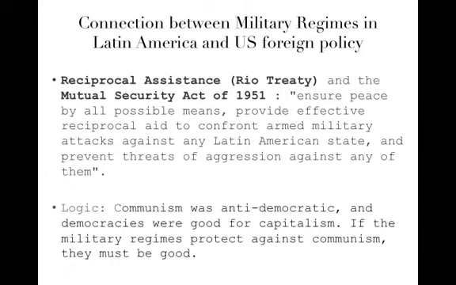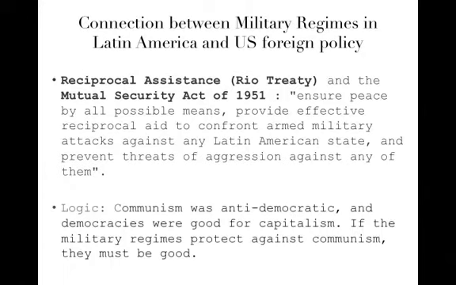Now, the threats that are being discussed here are threats of communist aggression. These are not threats of any other kind. But what it's also saying is that the United States will provide armed military responses and support when a Latin American country identifies a communist threat. So you can already imagine circumstances in which a Latin American state claims to have identified a threat of communist infiltration and uses the support of the United States to eliminate its political opponents, which may or may not be communist.